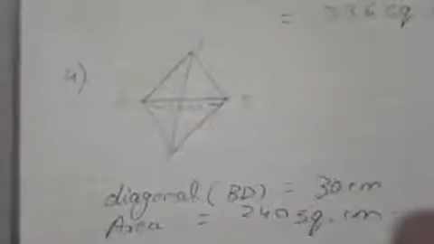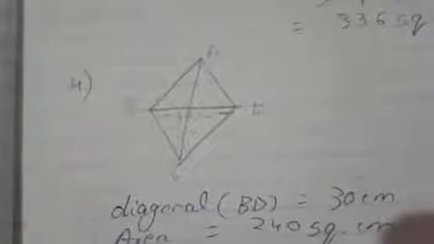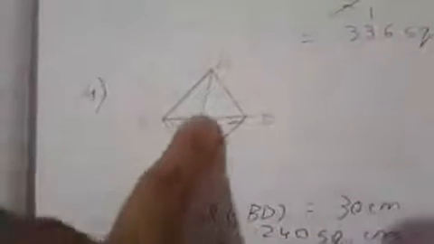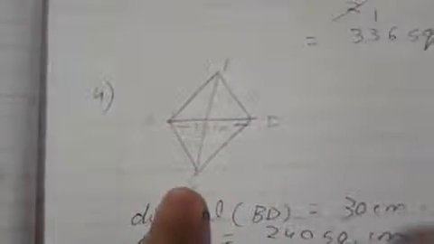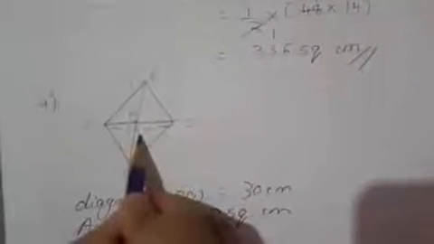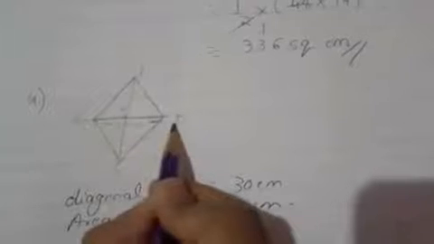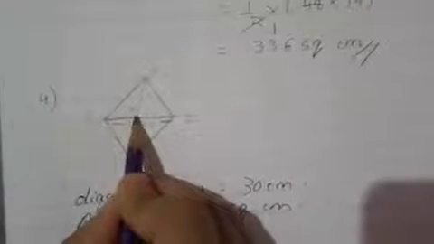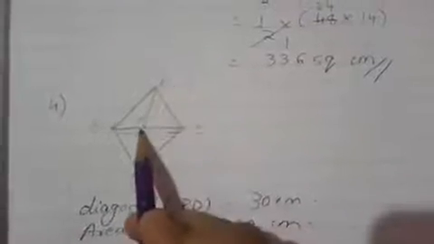So that's why what I'm saying is diagonals of the rhombus bisect each other. That means AM will be half into AC. So first you have to find AM. You can also say that BM is half of BD. Just a second, I am writing the point M. So yes, this is a point M. So now I have considered BD as 30 centimeter. So we can say that BM is half of BD. And from that you can find BM. Yes, and once you find BM, then you can find AM also. How? Because first only we are stating this formula, and one diagonal we are finding from the area.